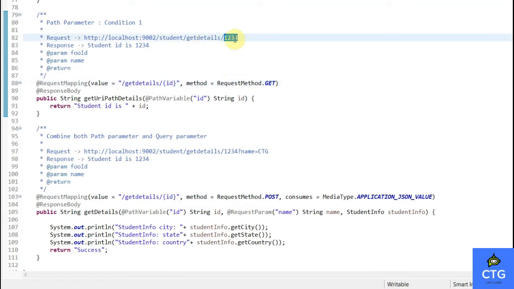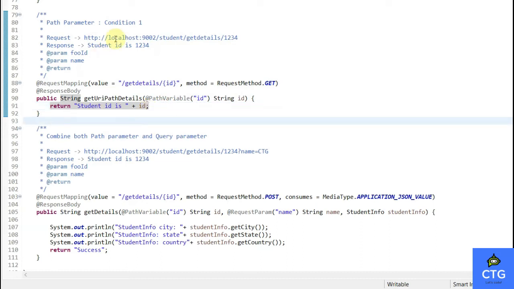For that, the same pattern we have to define in the request mapping, for example, getDetails/{id}. This id is nothing but a variable. We can define any variable. That variable has to be passed to the @PathVariable of id, so this id and this id have to be the same. Now you can compare this field and this field. What will happen? The program will bind this 1234 in the place of id, and it will be stored in the variable. Then we can use it for our business logic. Here, we are simply returning the same to the respective source.